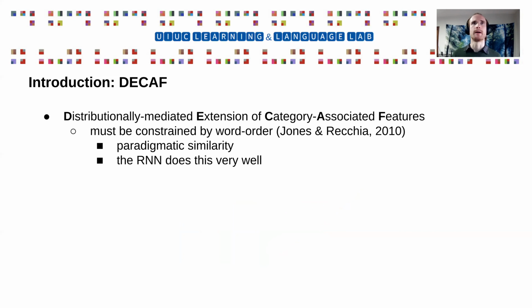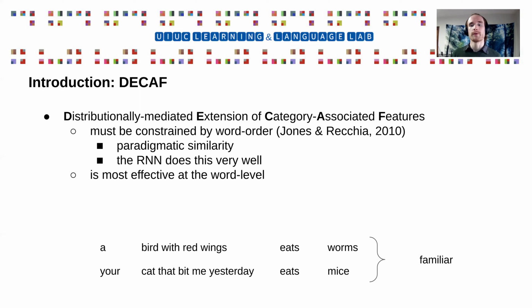Now, what else can we say about DECAF? There's another really important constraint here. That is that DECAF really is most effective at the word level, right? If we're interested in word learning, which we are, then what you have to do if you're going to support word learning in any useful way is to learn statistics about words. So let's illustrate this. For example, if our input is made a bit more complex, so the subject nouns are replaced with complex noun phrases,